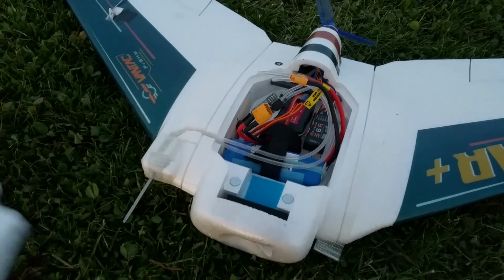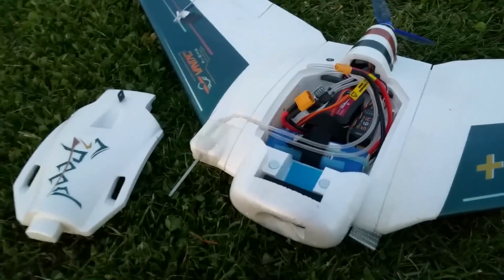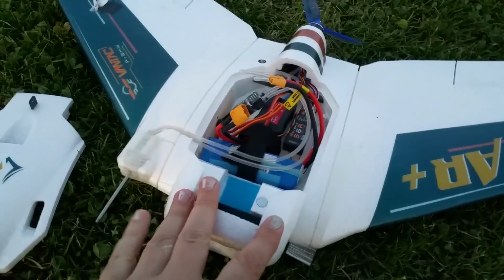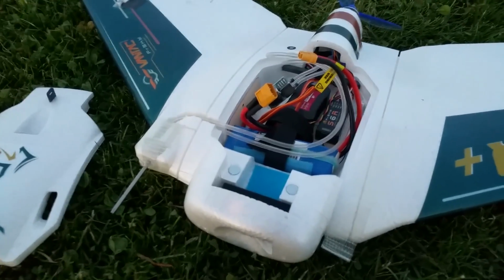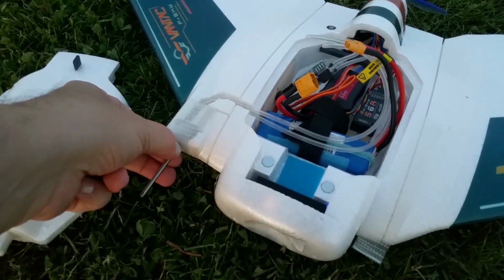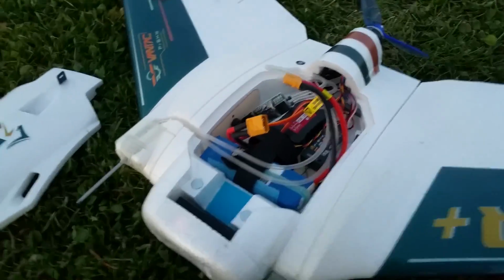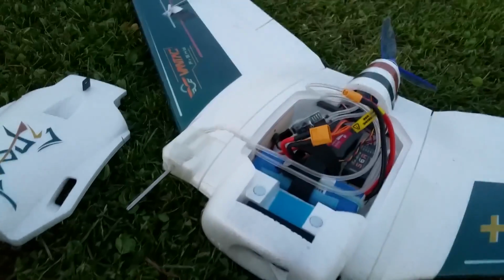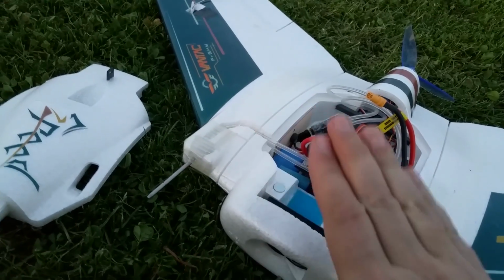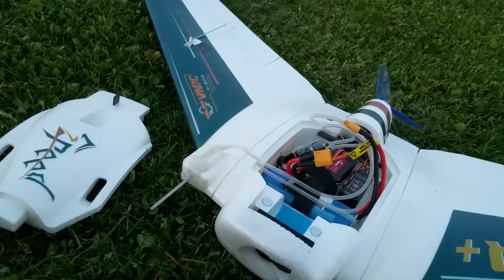So, next test of speed: how fast is this airplane? Now, this airplane will be the FrSky Wantac AR Plus, and I will use a Pitot tube, FrSky sensor. The Pitot tube will measure real or indicated airspeed. Yes, indicated airspeed. This is the speed of movement of an airplane in air